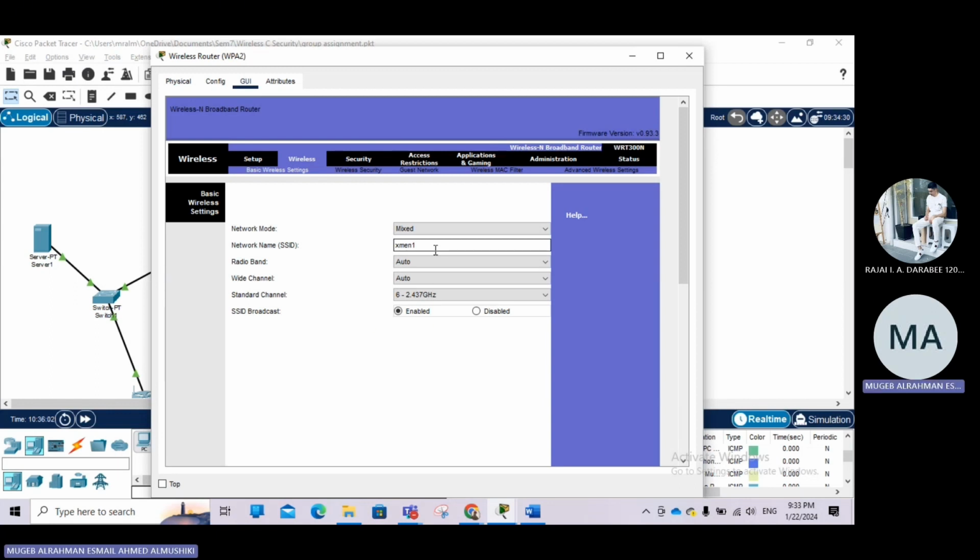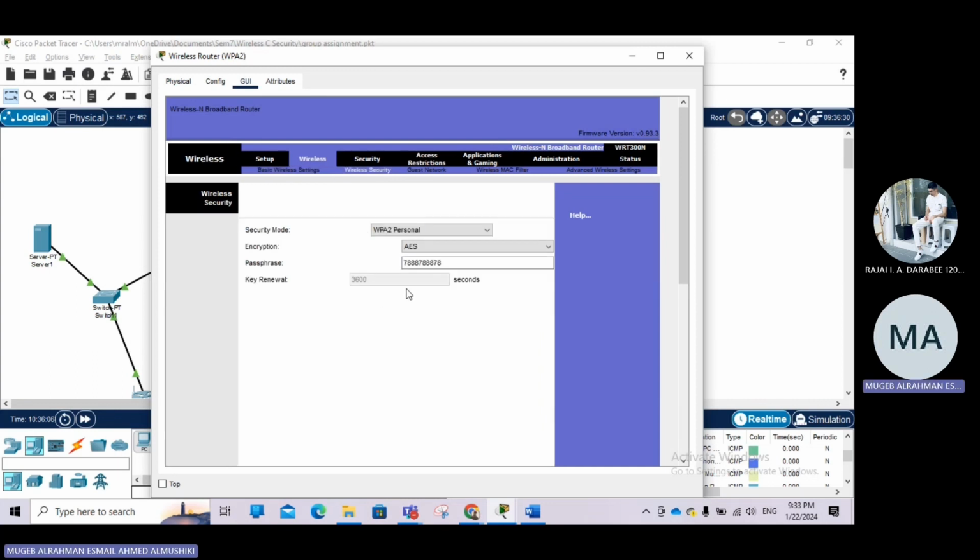After that, we will go to the wireless security, and then choose the security mode as WPA personal, and for the passphrase, we will write this number as it's shown here. And then after we set up the wireless,